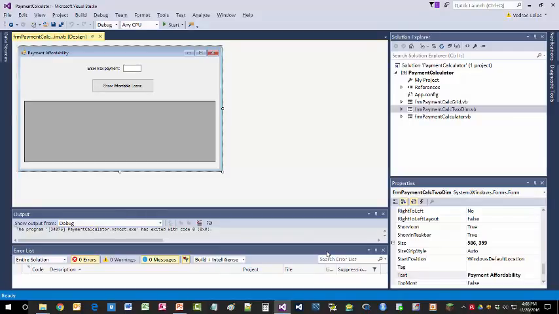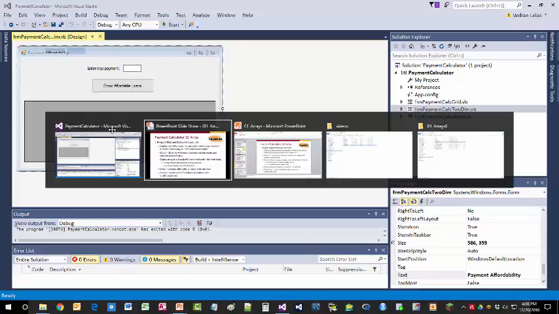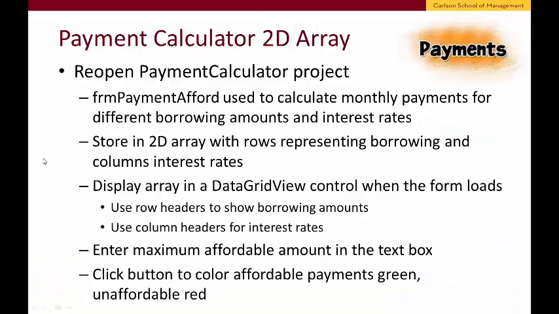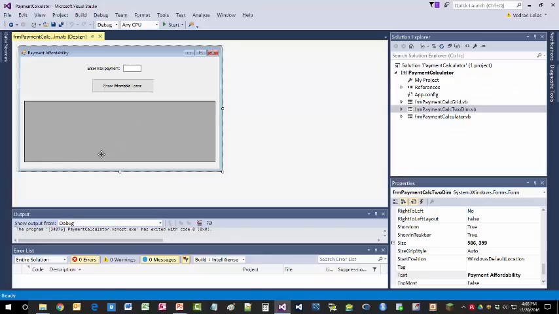Okay, and then we're going to display, obviously, as I just said, into this grid when the form loads. So what we'll do, let's go step by step through this. We'll begin by switching to the code,